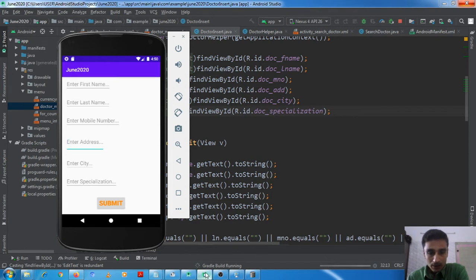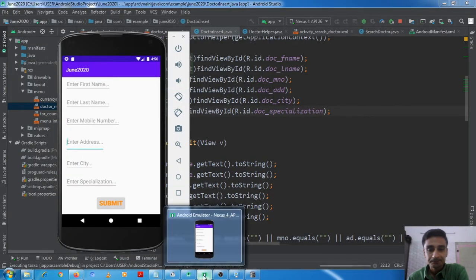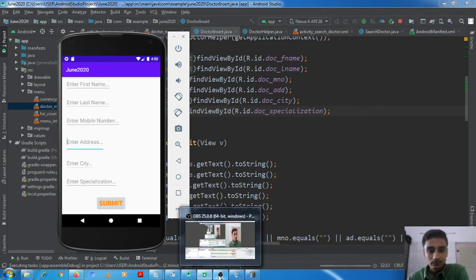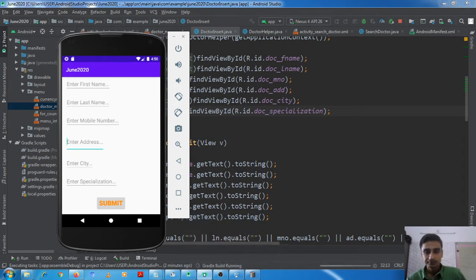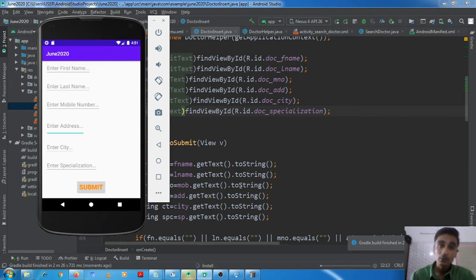See, still it is building Gradle. So application is in the process of installation.